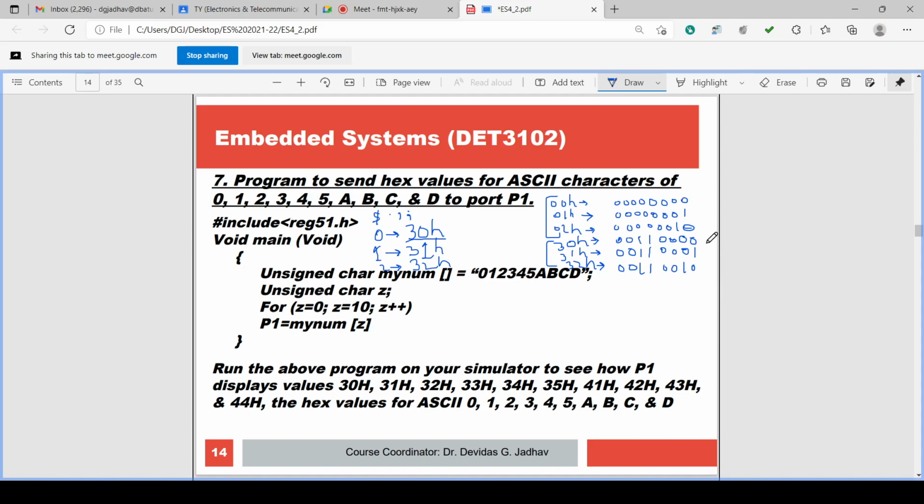But hex 30, 31, 32 are ASCII 0, ASCII 1, ASCII 2. So what we have to output? We have to output the ASCII characters 0, 1, 2.